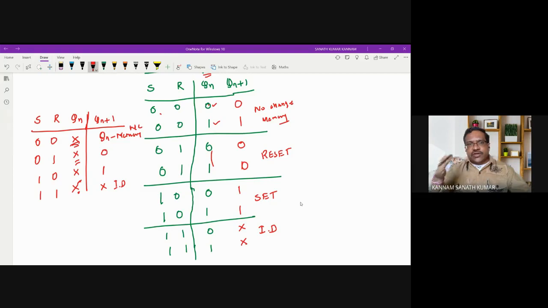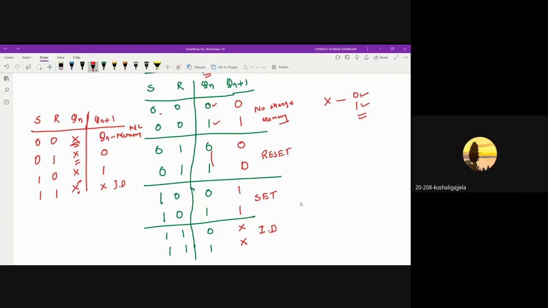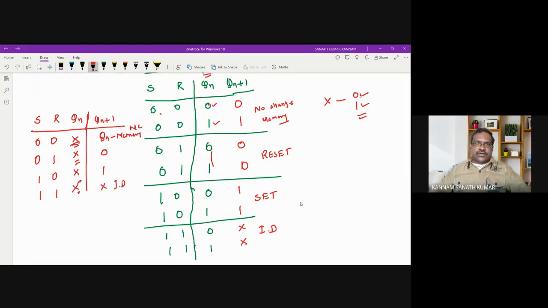So what are the possible combinations of don't cares in the K map? We have also seen, depending on the pairing, making a quad, or making a pair, making an octet, we can consider the don't care as 0 and 1. So that's why here also, whatever the present state is, I consider as 0 and 1. Understood? Okay, sir. So actually, this is nothing but what we call a characteristic table. From the characteristic table, I will get the characteristic equation.